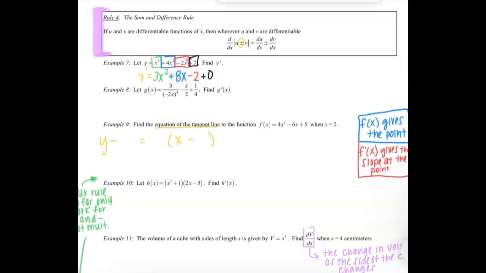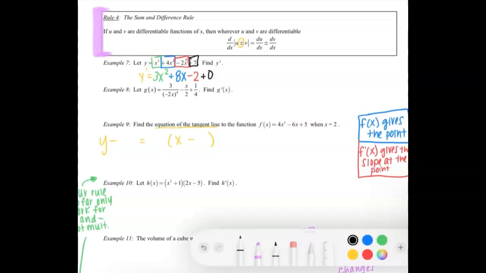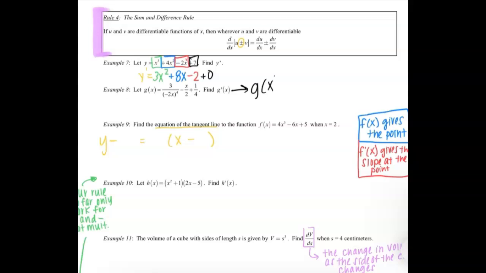Okay, then we get to some trickier problems, but you can still do this. As long as you add or subtract, you are able to derive it. So we're going to rewrite g of x a little bit, because right now we can't derive this one just yet. But we can simplify this. So we can say it's 3 over negative 2x to the 4th power, makes that negative 2 to the 4th power, so negative 2, 4, negative 8, positive 16 x to the 4th power. But I'm going to rewrite that as 3 over 16x to the negative 4 so that that exponent is not trapped in the denominator. Then this x over 2, I'm going to rewrite as negative 1/2 x. I think it's easier to see our x on its own, not stuck in the fraction,